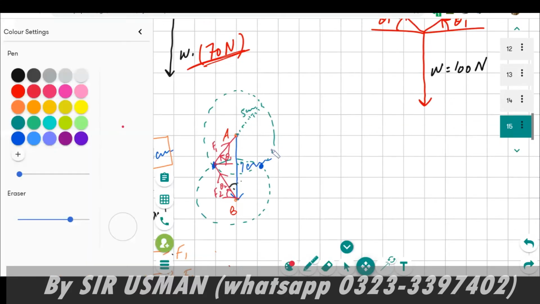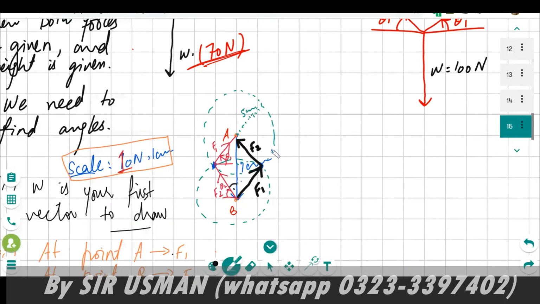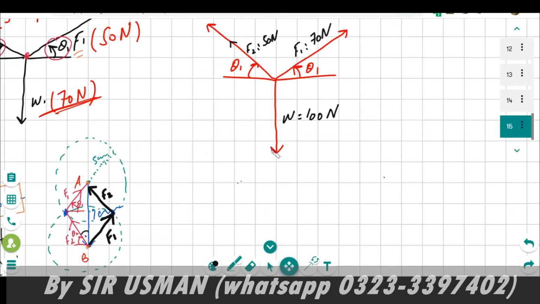So you can do it the other way around. For example, there are 2 points. So you can say that, let's say this is your other point. So you can go to this point from point B and to this point. Now it will be your F2 and it will be your F1. So both will give you the same angles and same answers. So any confusion in this? No. Okay.